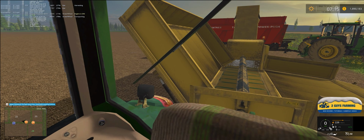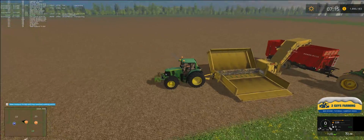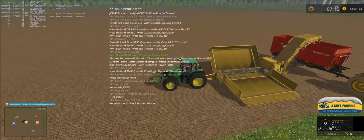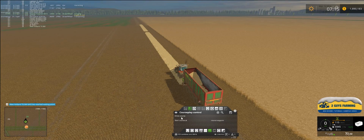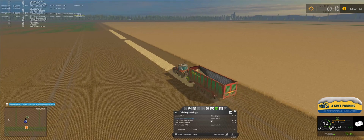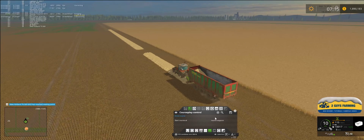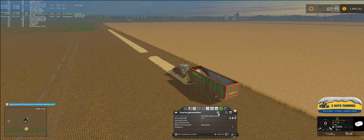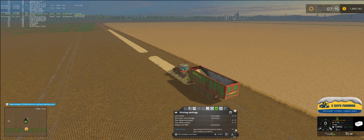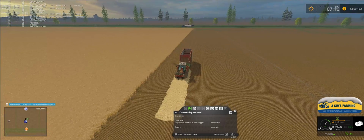Okay, so we want to start. Okay, you can see the engine revs while that's going. And let's go back to the Massey. I think we can get him going now. So basically on the Massey, we copy the course. Oh, okay. Let me reload that. Whoop, there we go. Okay, copy course, none. Well, that's not true. Okay. There we go. Okay, so now he's